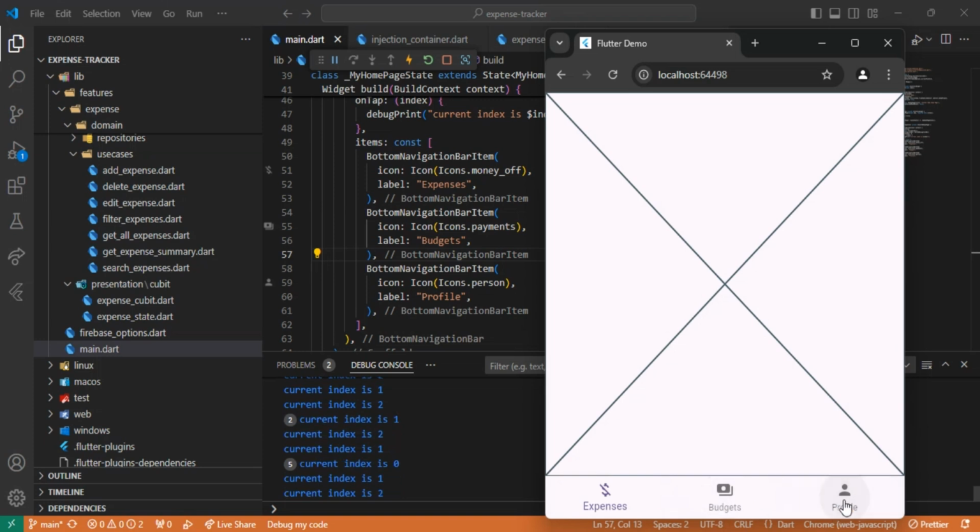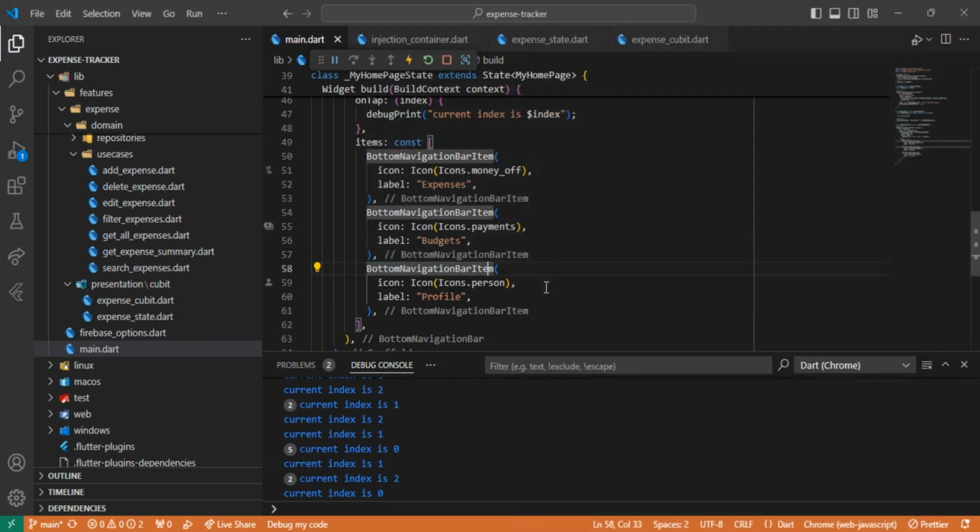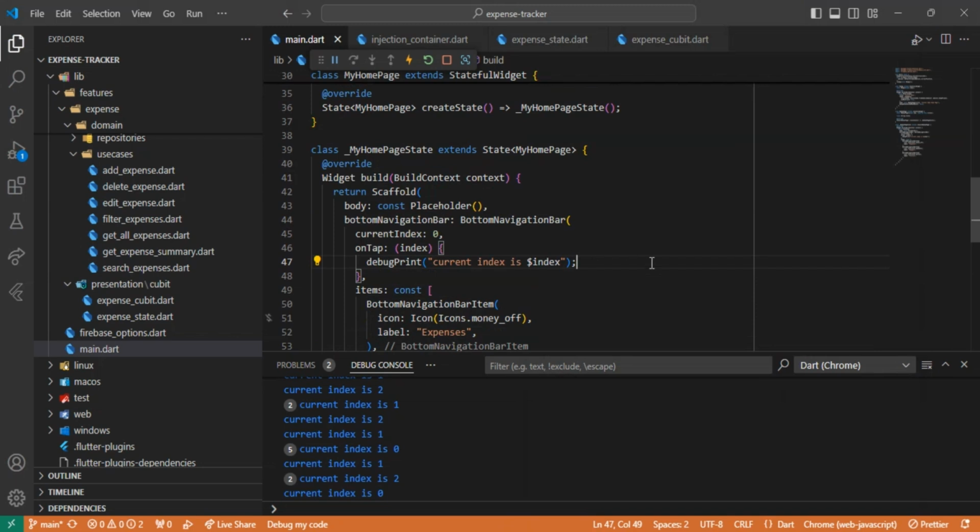For the profile, when you click this, you can see your profile, like your name, your age, and everything. But again, I'll just leave it as an extra task. That's out of this tutorial. We'll focus on the expenses. We should be able to create, read, update, and delete expenses. That's all. Okay, so now going back,